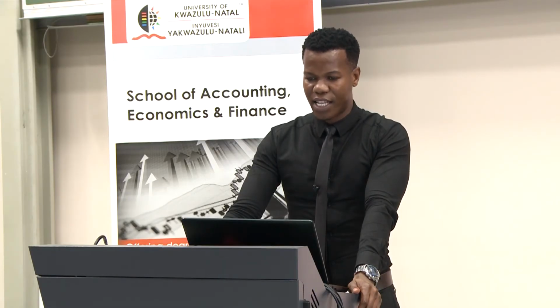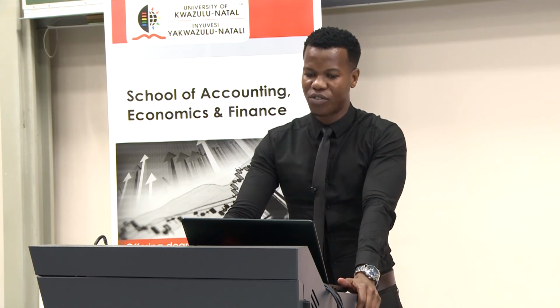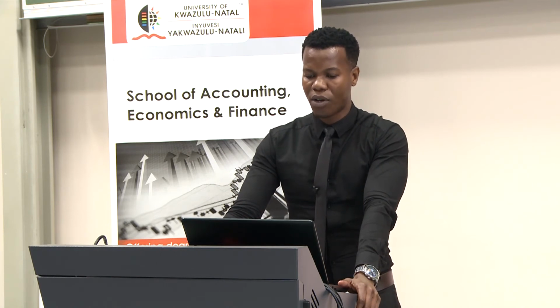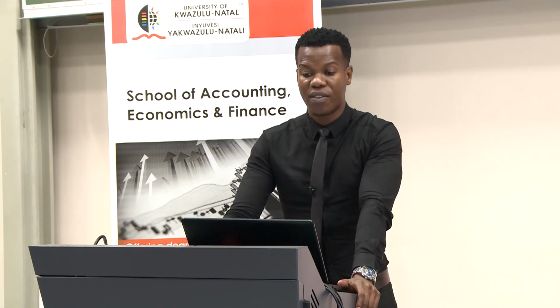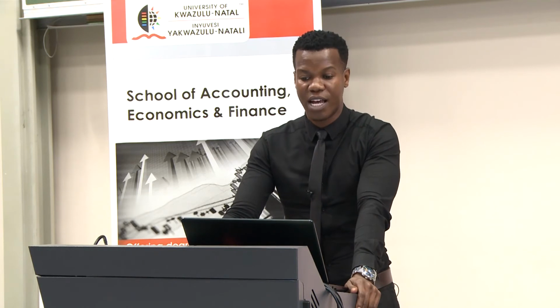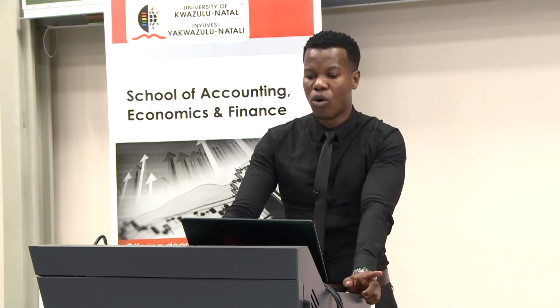The next thing that you will have to do now to complete the cash flow statement is look at your financing activities. Your financing activities are all those activities that you have done to finance this business, to make sure that it is running and that everything we need within this business, we are able to acquire because we have enough cash and so forth. So there is a loan that we've taken out.